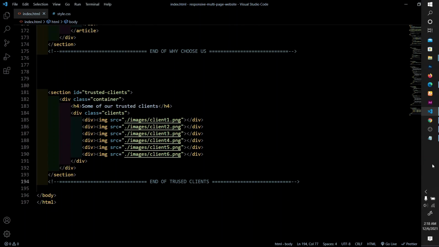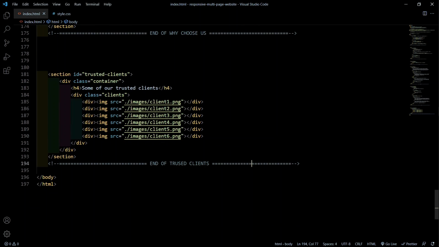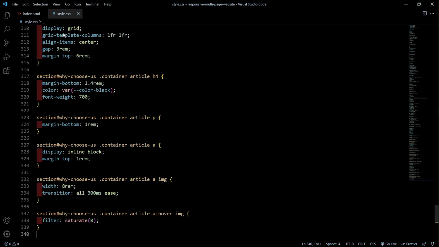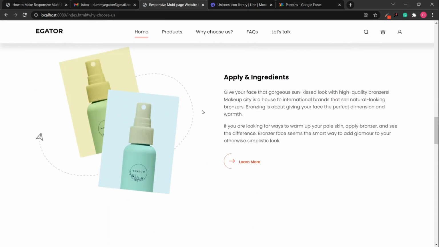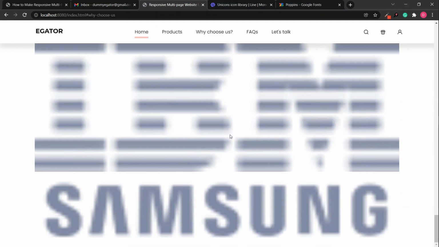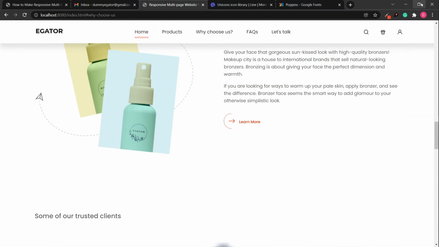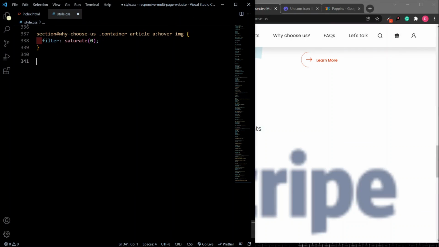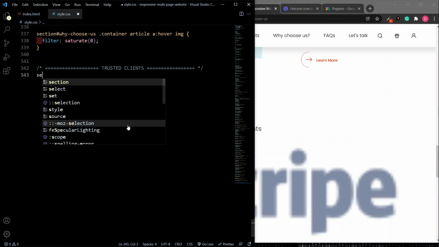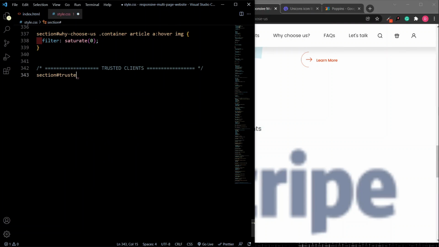So that's all for the trusted client section. Okay, that's all for the trusted client markup. Let's first see what we have so far. Okay, so these are the logos of the trusted clients, and we are going to give some style to that. All right, so section trusted